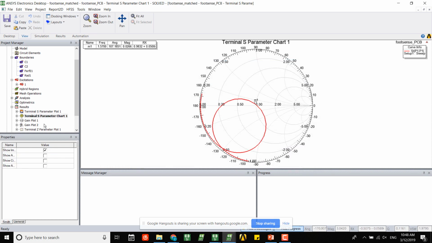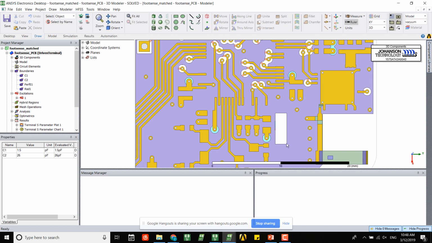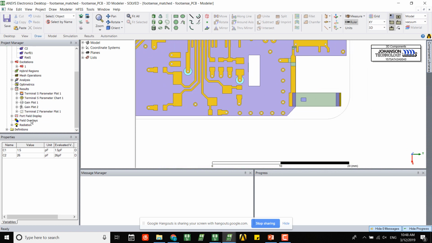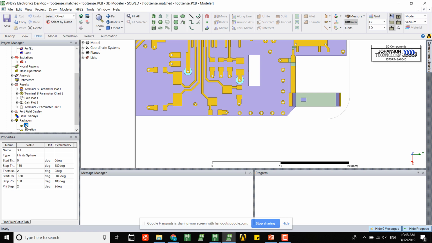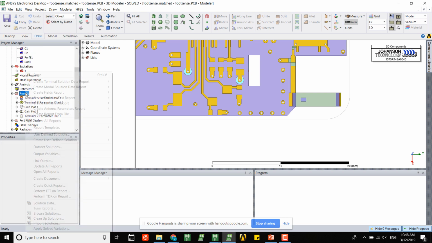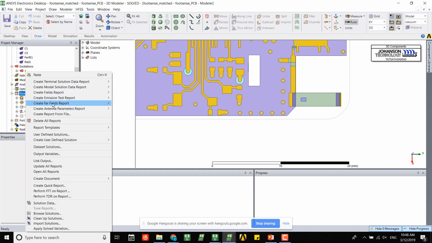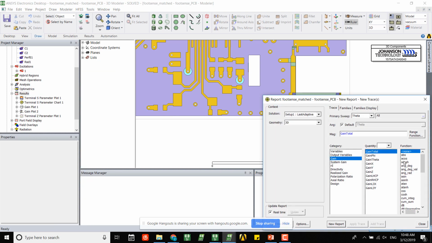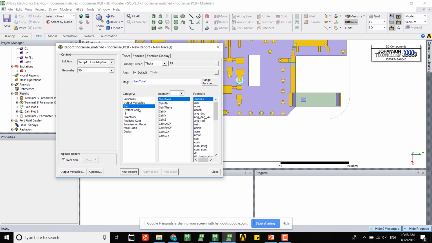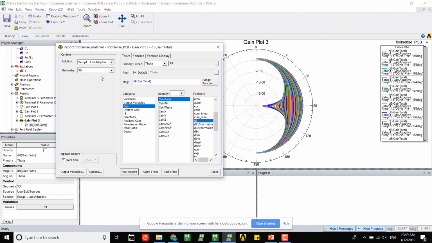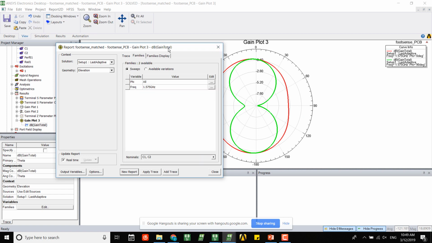Okay, so what's our next step? I'm going to plot the radiation pattern. So as I mentioned, I created this 3D radiation, and then if I go to results, create a far field report, radiation pattern, and then again gain total. I want to look at the gain total dB. Oh, supposed to be using elevation. Look at this. We have